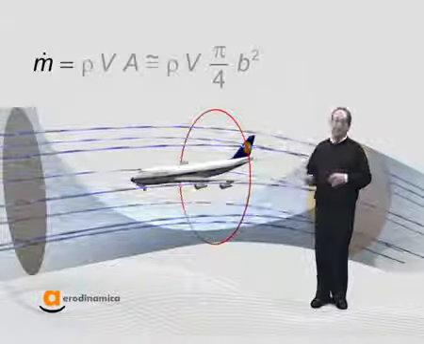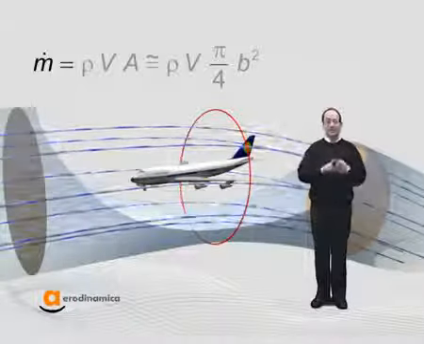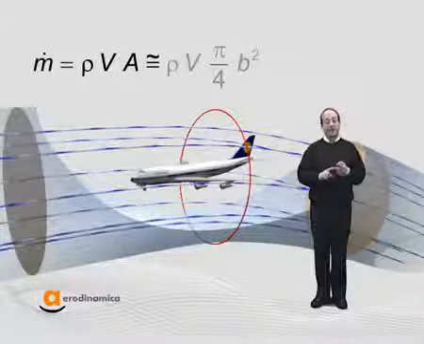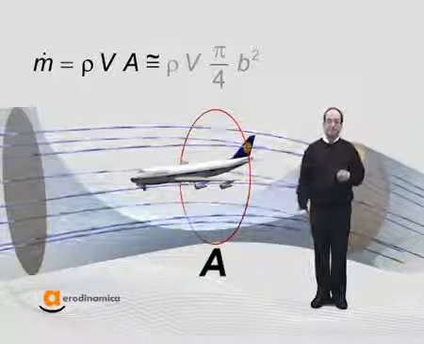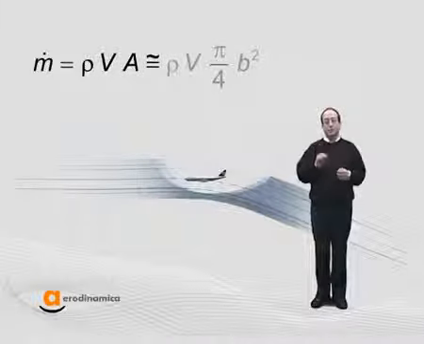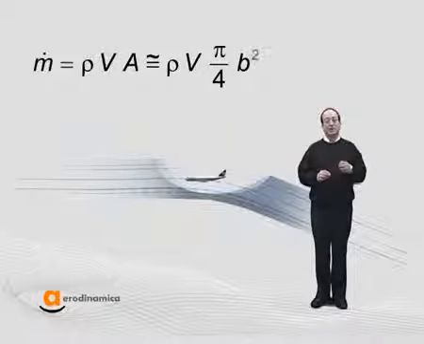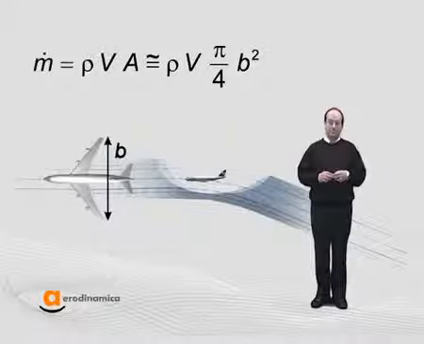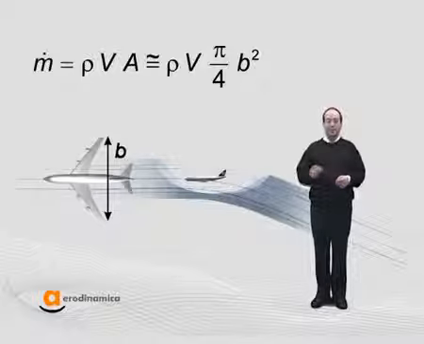In the formula, the mass flow m dot is equal to the product of the air density ρ, the airplane speed v, and the cross-sectional area of the flow tube A. If the flow tube has a circular shape, its diameter coincides with wingspan b. If we want to obtain a particular value of the lift force, we can combine in various ways mass flow